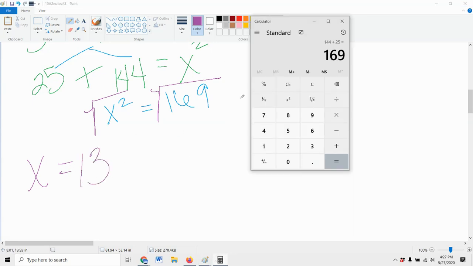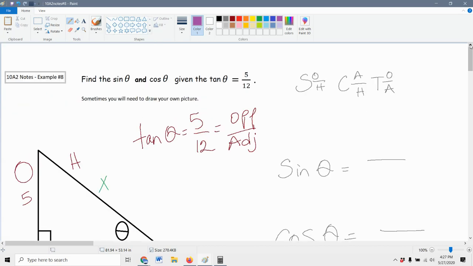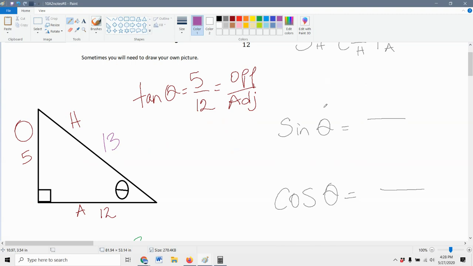Now, if you don't have your perfect squares memorized, all you can do is just put it in your calculator, take your square root. If it's an even number, yay, it's a perfect square. That's what we want to put in for that side length for our hypotenuse, 13. Okay, no more x. We know what our hypotenuse length is from using our Pythagorean theorem formula. It's 13. So when we come over here to give our trig identities, we know that the sine of theta